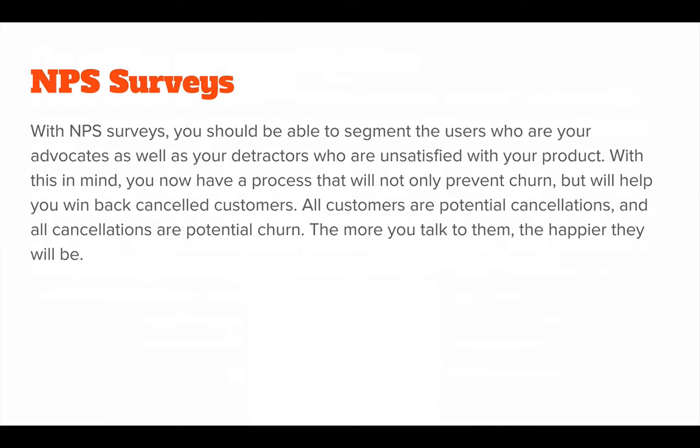Another way is by sending regular NPS surveys. You can send these out quarterly or weekly, depending on what type of product you're running and how many customers you have. All customers are potential cancellations, and all cancellations are churn. So the more you talk to them, the happier they'll be. And NPS surveys allow you to figure out,